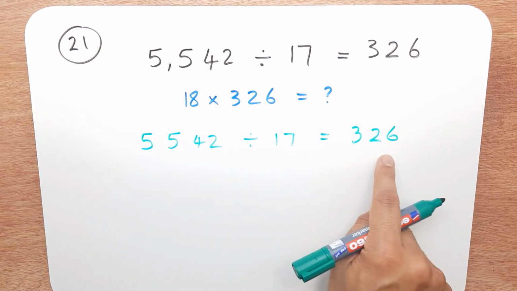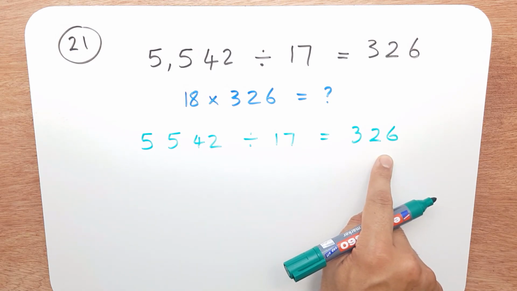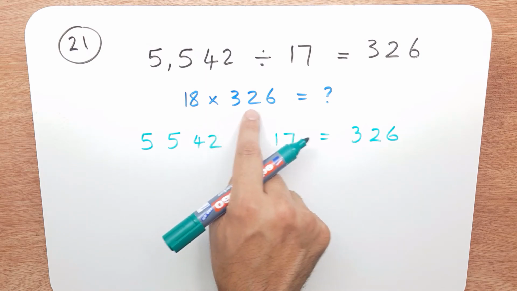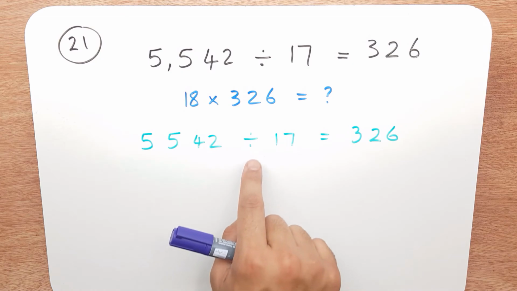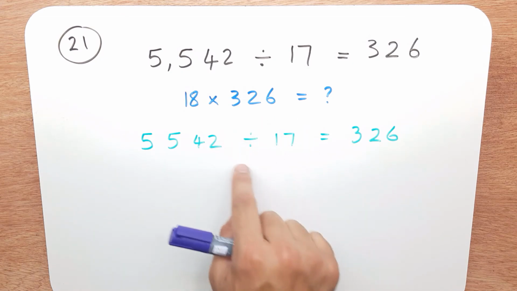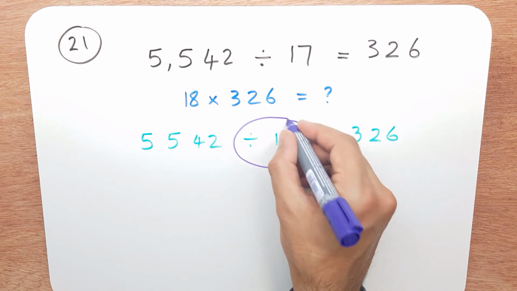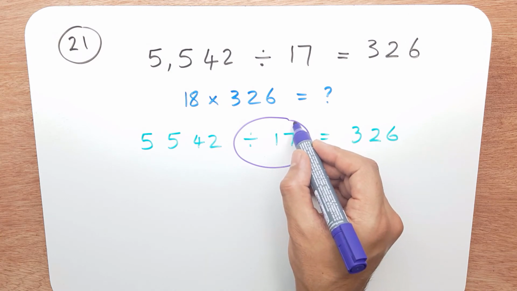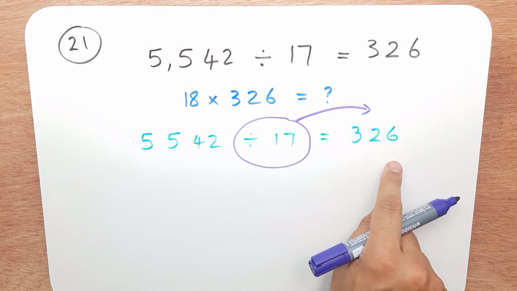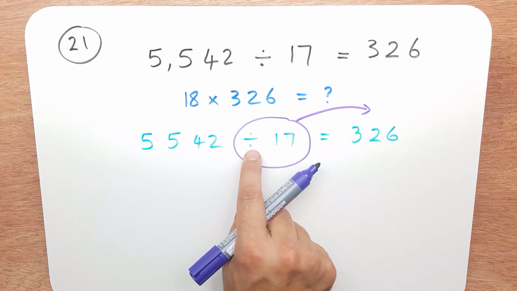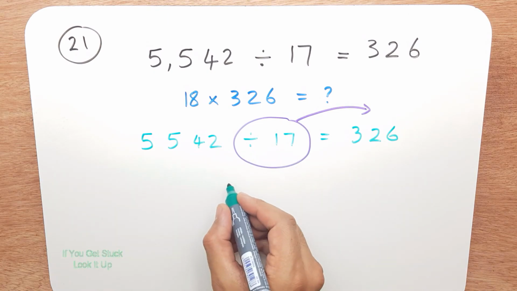So that's what they've given us. And I want something with 326 and a times 18. So what I'll do is I'll remove this and I'll take it across. So whenever you move a divide across an equals to the opposite side, it changes to a times. So what I have now is